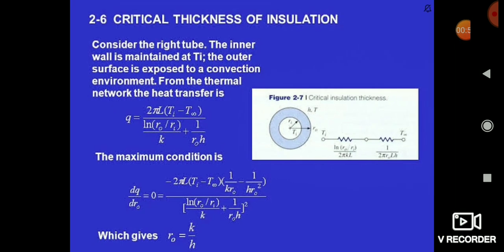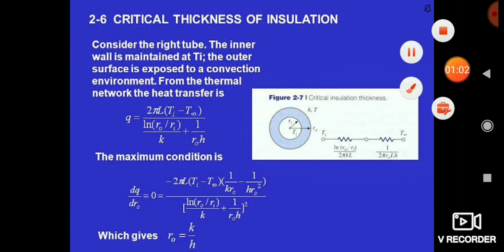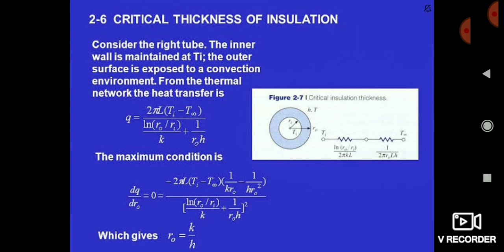Now friends, you should understand what is the critical thickness of insulation. For some of the materials, means some of the conductors, so that the heat does not flow in so much amount through those materials to the atmosphere, means heat is not wasted. To protect the heat from wasting, we are providing insulation to the conductors or to the materials. So friends, you can only reduce the amount of heat waste, but you can't fully stop the heat waste. You have to remember this.